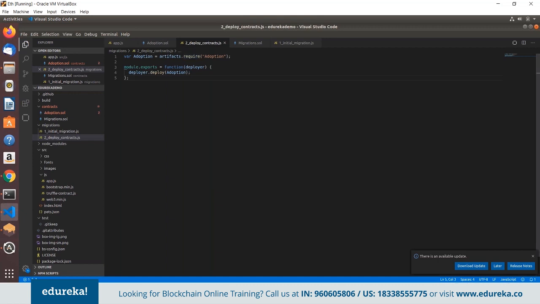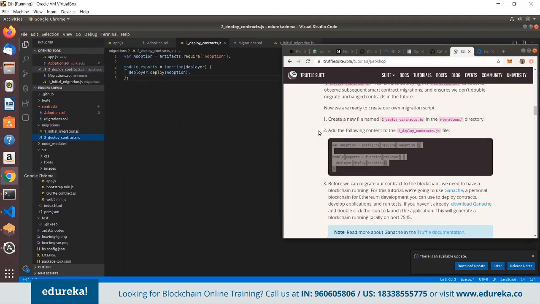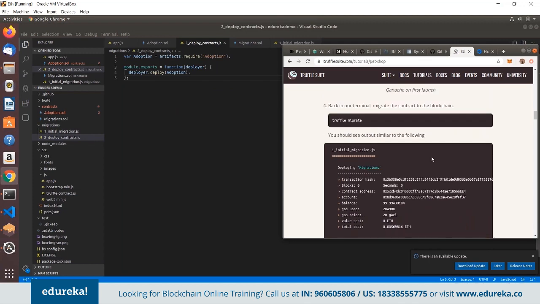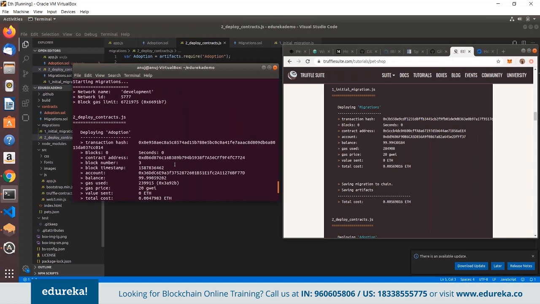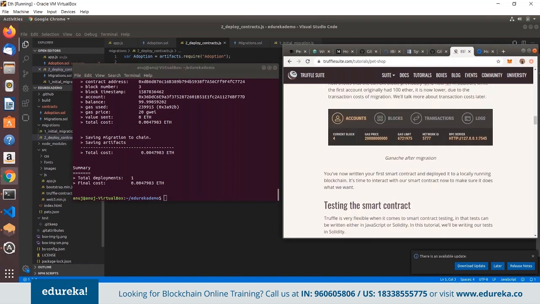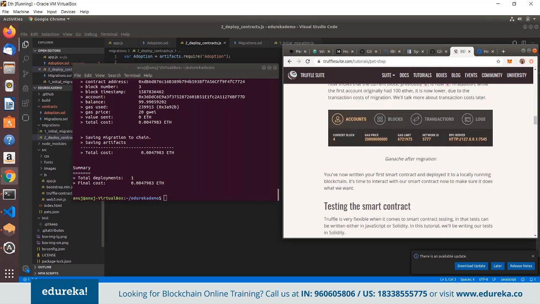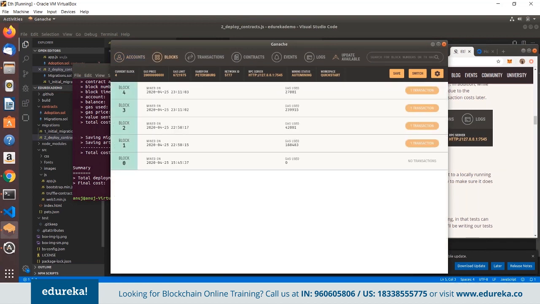So now I have written the base SOL. I have also written the migration SOL. What is the next step that I need to do? I need to make sure that Ganache is running. So now when I do truffle migrate, it will show me that all these contracts are created. Now it is showing that this deploy contracts file that we just created is also migrated. And now we can also see that the blocks get added here. There are 4 blocks that are getting created, and the ethers are getting deducted. This is working fine, which means that our Ganache is connected. So every time we are deploying,